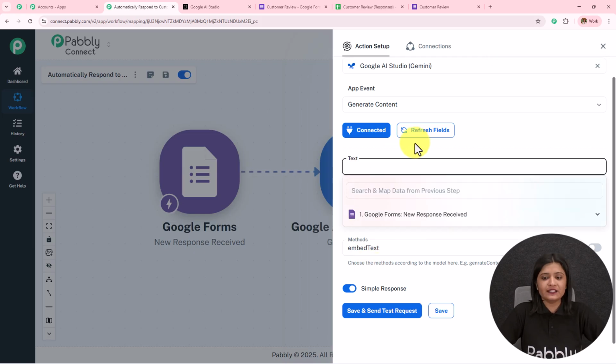Now in this text field, I'm going to enter the prompt. I'm going to enter the prompt in a way that I have received this review from my Google Forms, and I want to generate a reply for this in a mail format. So I will be entering that in the prompt, and whatever prompt you enter here, this Gemini is going to generate the same response for you. I'm going to enter the prompt like,